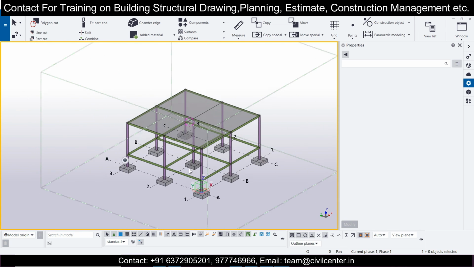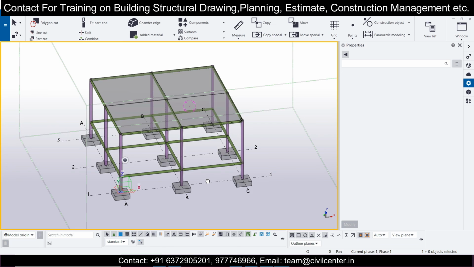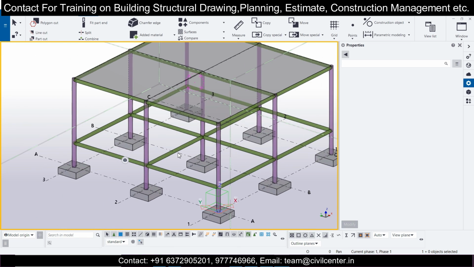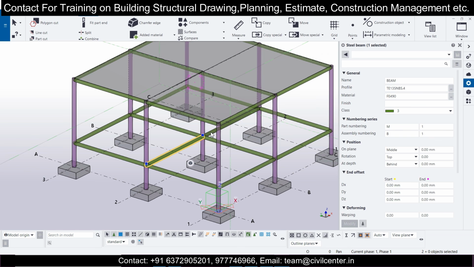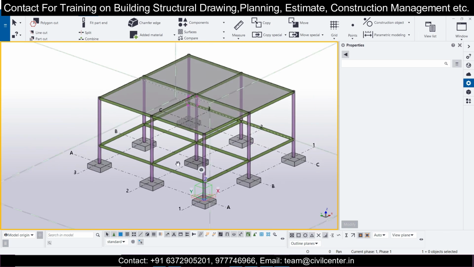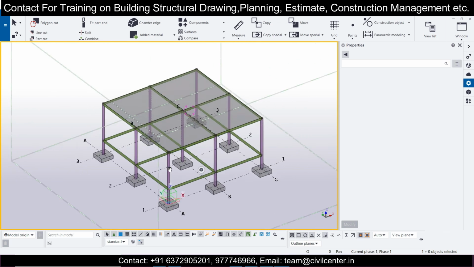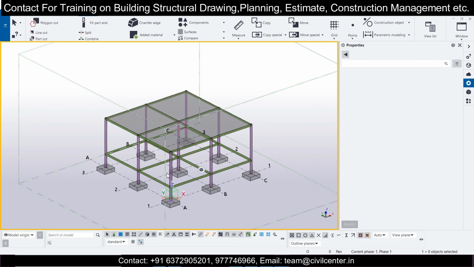Now this is how you create a simple model in this Tekla Structures software. If anything else is missing, okay, this is also missing, so that also you can just copy. It's very user friendly, this software, so you can just work around this. So like this you can create a simple 3D model.